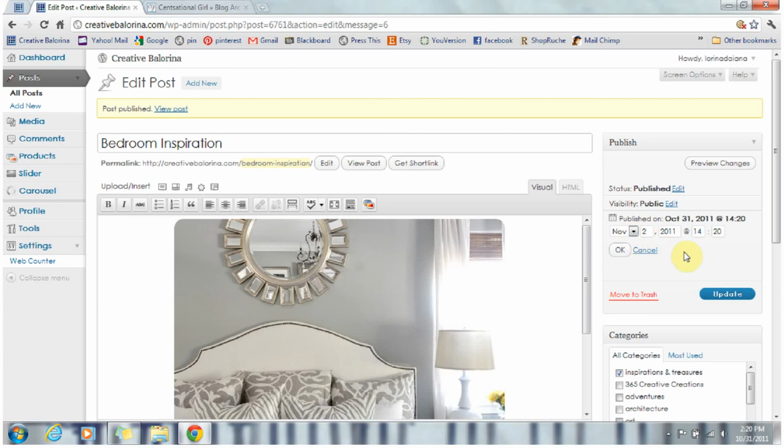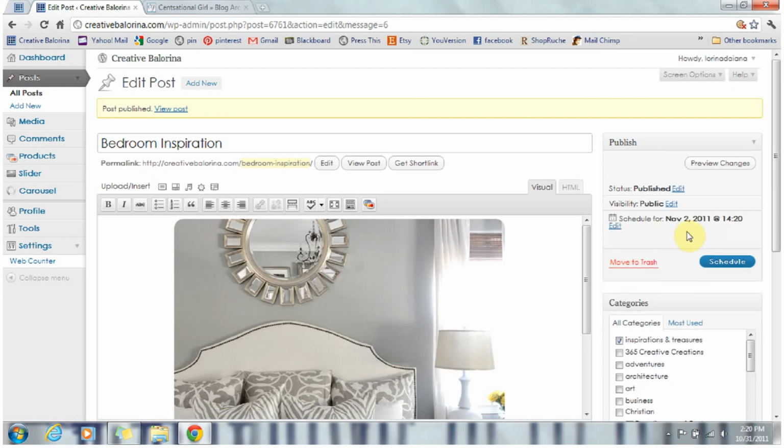Since you guys are going to do it on Wednesdays, you might want to publish your post earlier in the week, just in case something happens that Wednesday where you can't publish it, and just post it ahead. So say like Monday night you have nothing to do, then you can put this up and set it up for Wednesday to be published, and then you press OK. Now it says scheduled for November 2nd, etc., correct? And then instead of publish, right here you'll have schedule, so you can click schedule,